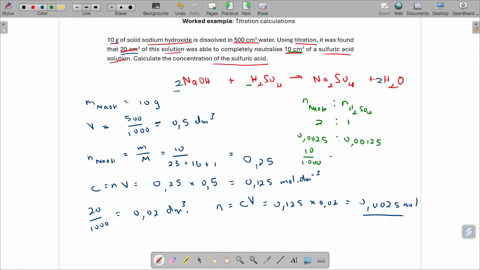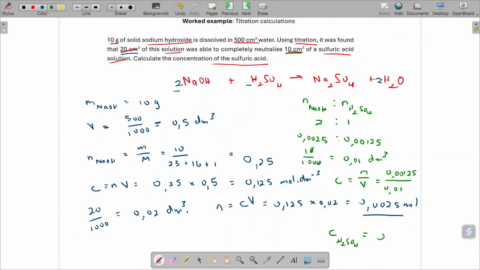So this is going to be the volume in cubic decimeters of the sulfuric acid, and the concentration finally will be equal to the number of moles of sulfuric acid divided by the volume of the sulfuric acid, which is 0.00125 divided by 0.01,